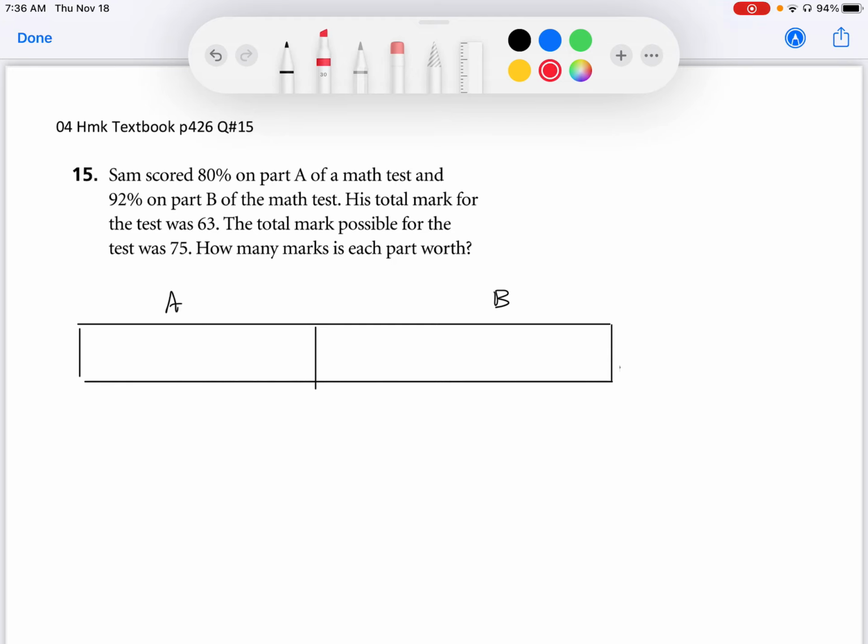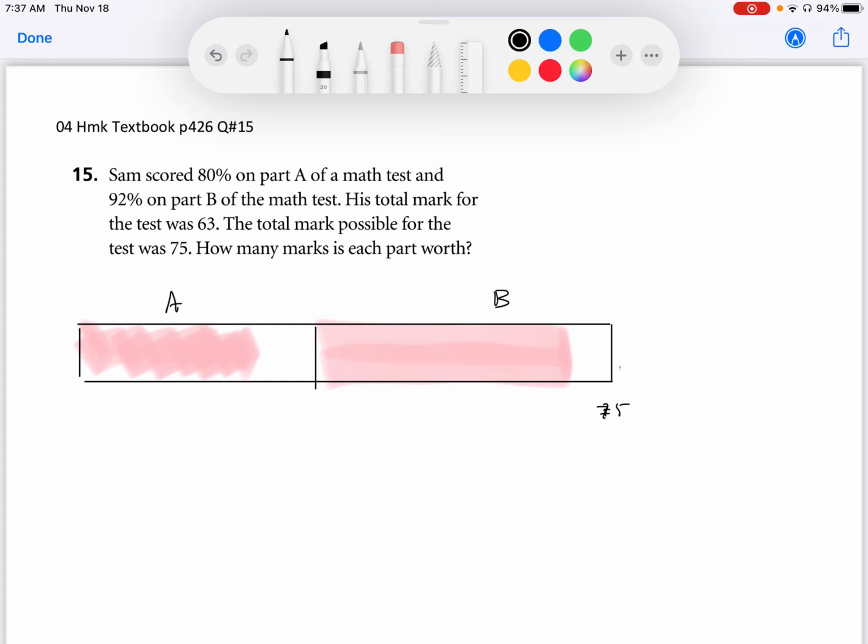And if I kind of shade in about 80% on part A, that's maybe about 80% there, and about 92% on part B, okay, that kind of looks like that might be out of 75 marks, total, the shaded area may be 63 out of 75. Okay, so it's really difficult to tell based on that, and it's really hard to solve in this way. So we need to set this up as a system of equations